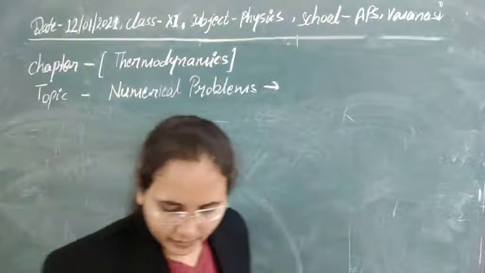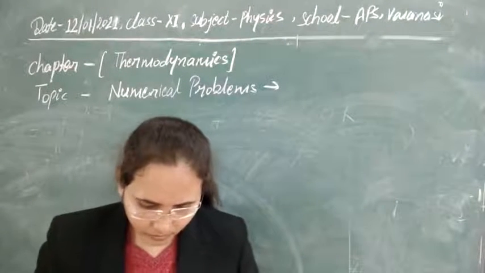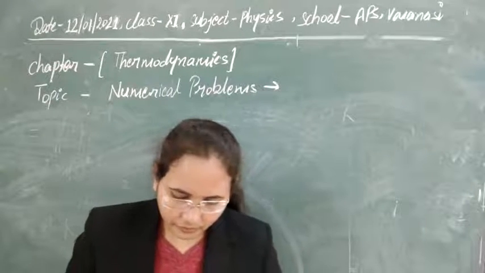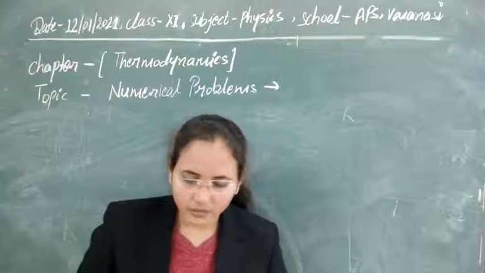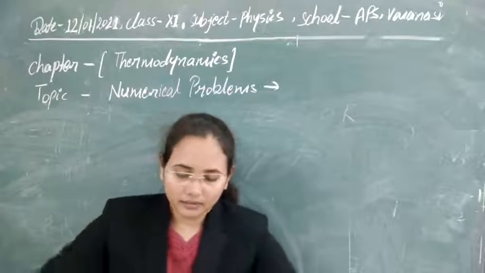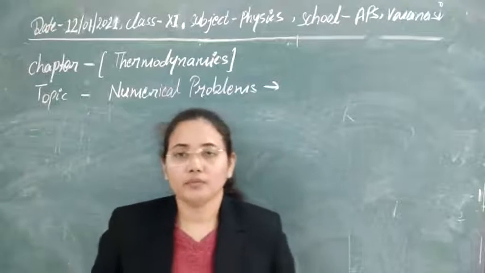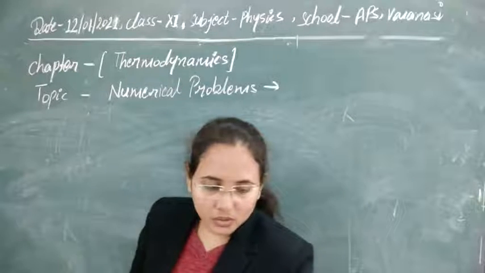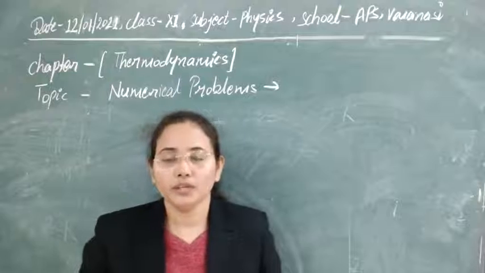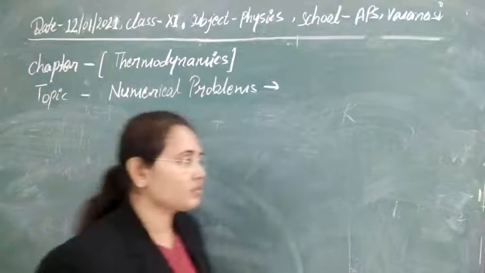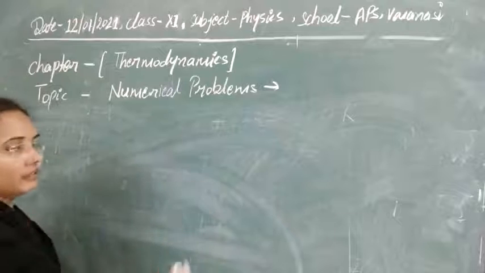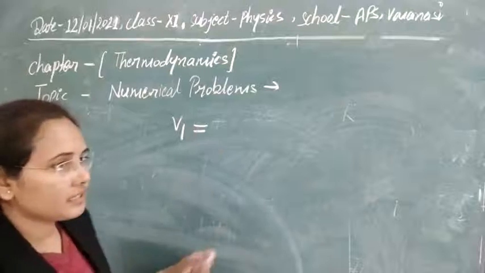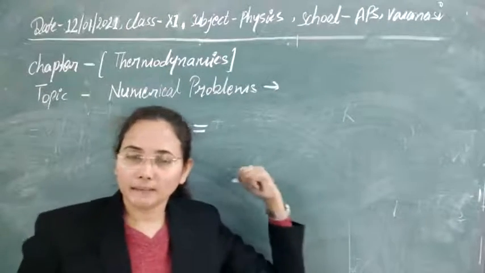So in the next problem, suppose a question is given to you: a quantity of air at constant temperature is compressed, then what will be the final pressure? And it is compressed to 16 times its volume. So here, for any gas or system that you are taking, we are compressing its volume to 1/8 of the original volume.